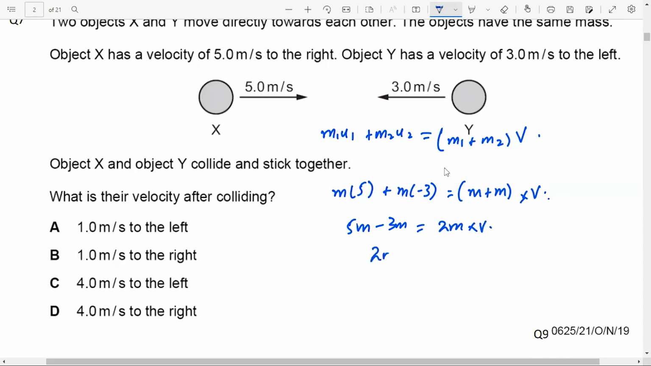So this is 2m over 2m, so v is plus 1. The answer is b, b for ball. तो आपने देखे साइन का ख्याल रखना है, अगर साइन का ख्याल नहीं रखेंगे तो फिर तो जो मर्जी कर लें।